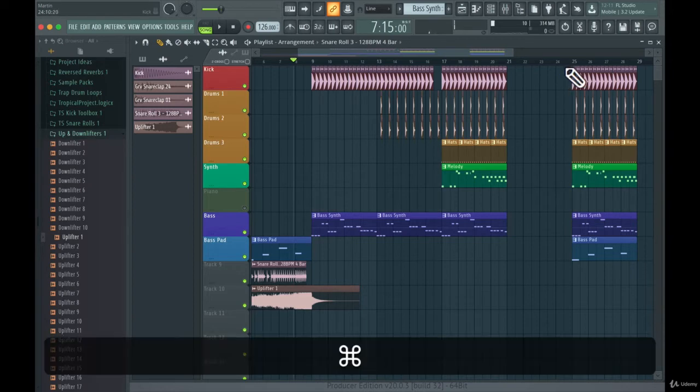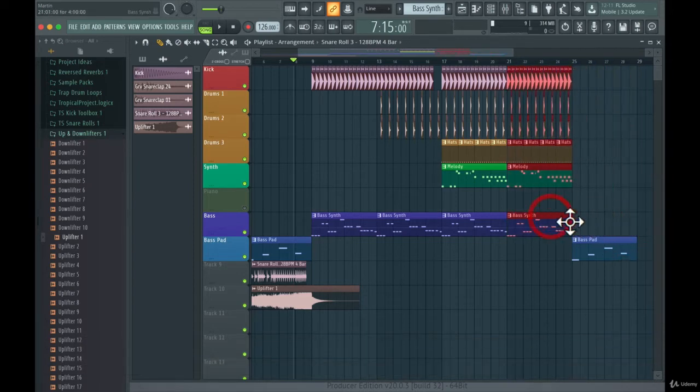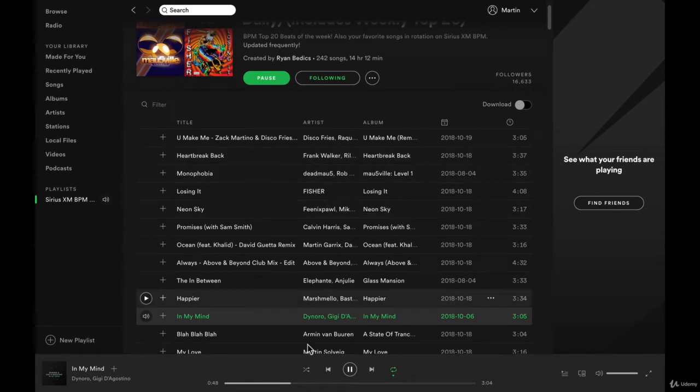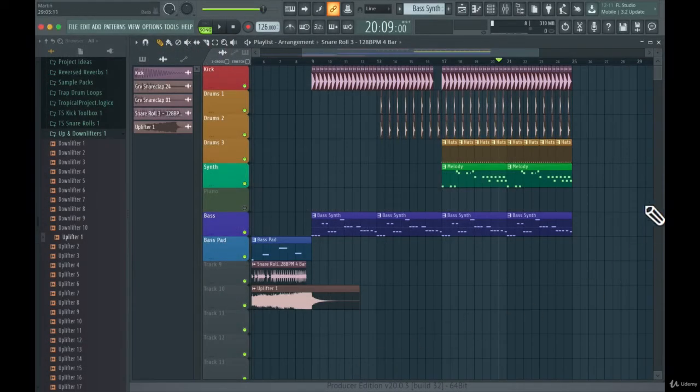All right, so let's copy over the last section. So we can just move it like that because this is going to be our last section in this arrangement. So it's basically the same thing here, and let's see if they added on some more besides the hats. No, that's it basically. So as you can see, this track is very, very simple.